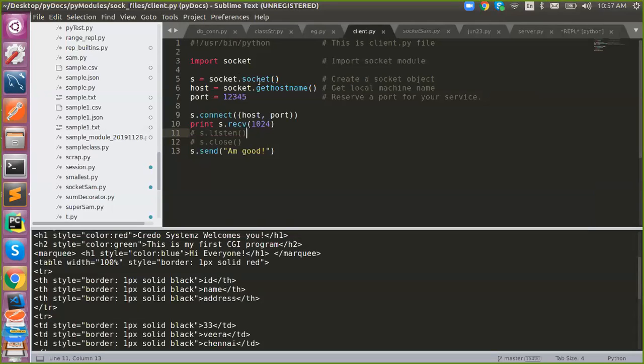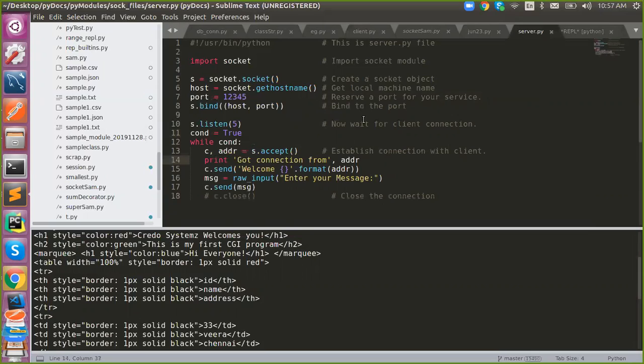See, what I'm doing is receiving some message. So what did the server actually send? Where is the server? Here's my server program. Here I'm saying, if I got a connection, immediately send a welcome message with the client address. I'm saying welcome to this guest. Immediately I'm sending it once I'm connected.